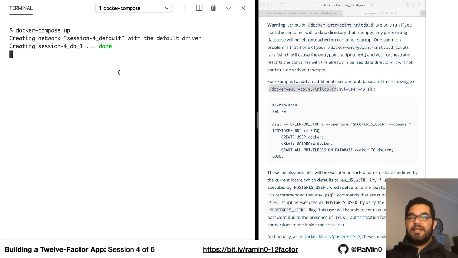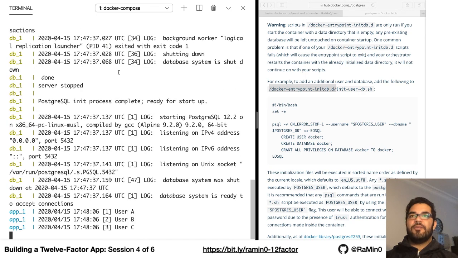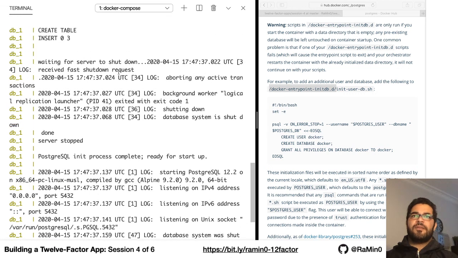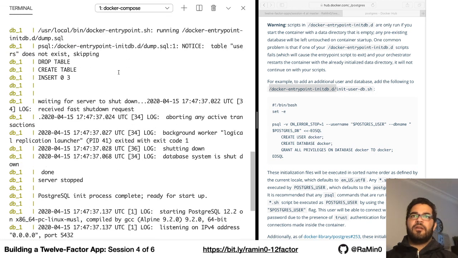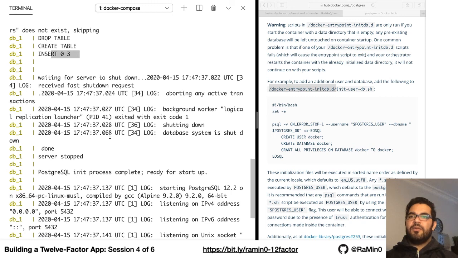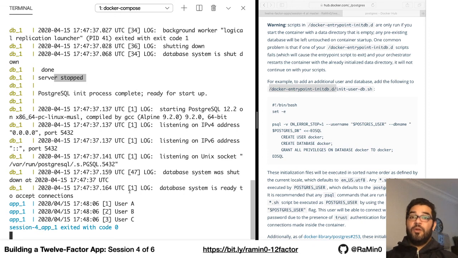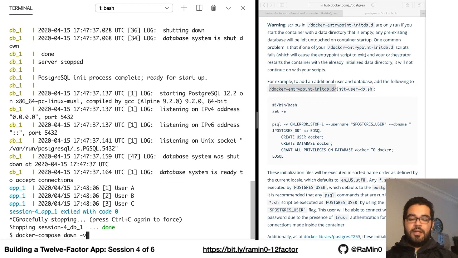So now again, it's creating the container, initializing the database, and hopefully executing the contents of the SQL file that we provided. Okay, so apparently there's a problem here. Okay, so here it said that it dropped the table, it created it, and it inserted the records into it. But then something turned it down. Oh, it worked. Okay, so apparently we just needed to bring down the setup that we had